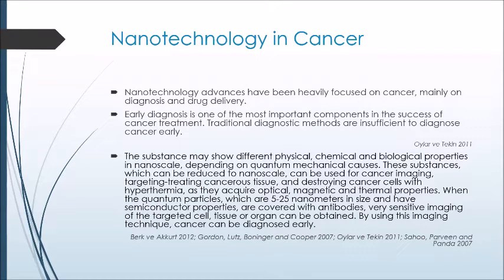Nanotechnology in cancer. Nanotechnology advances have been heavily focused on cancer, mainly on diagnosis and drug delivery. Early diagnosis is one of the most important components in the success of cancer treatment. Traditional diagnosis methods are insufficient to diagnose cancer early. Substances may show different physical, chemical, and biological properties at the nanoscale depending on quantum mechanical causes. These substances, which can be reduced to nanoscale, can be used for cancer imaging, targeting and treating cancerous tissue, and destroying cancer cells with